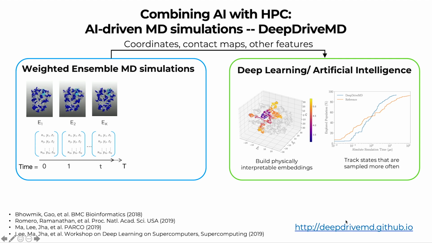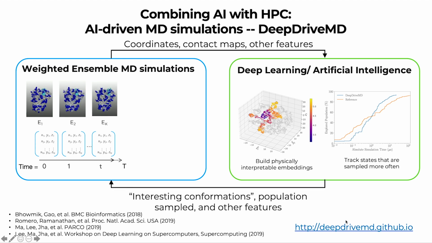Note that this has to be physically interpretable, which means that we need to understand what sort of conformational transitions exist, and we can measure that using the root mean squared deviation, which is a measure of structural similarity across different trajectories. Furthermore, we also need to cluster the data so we can identify what sort of states have been sampled within these simulations.